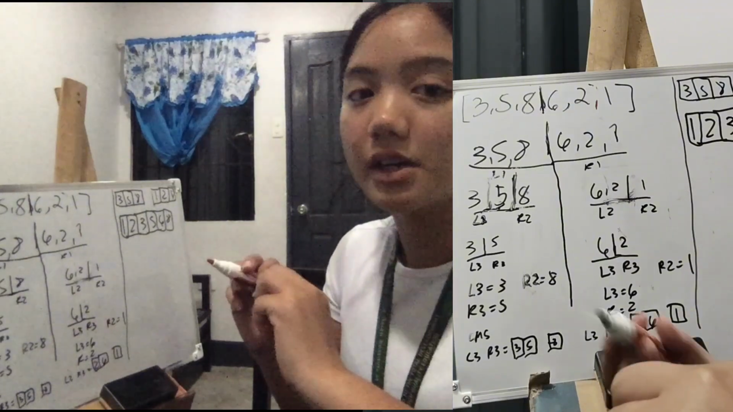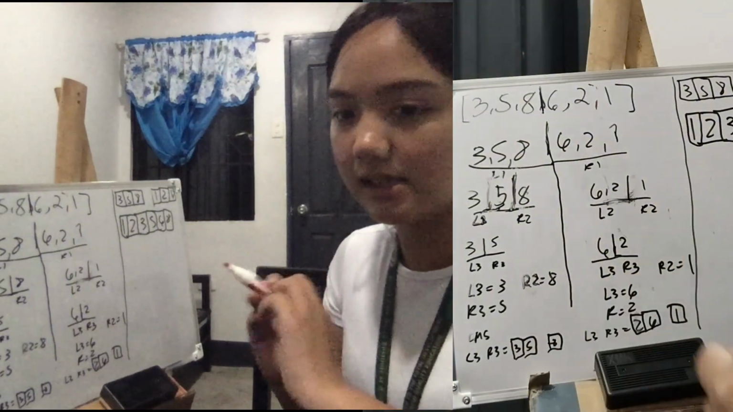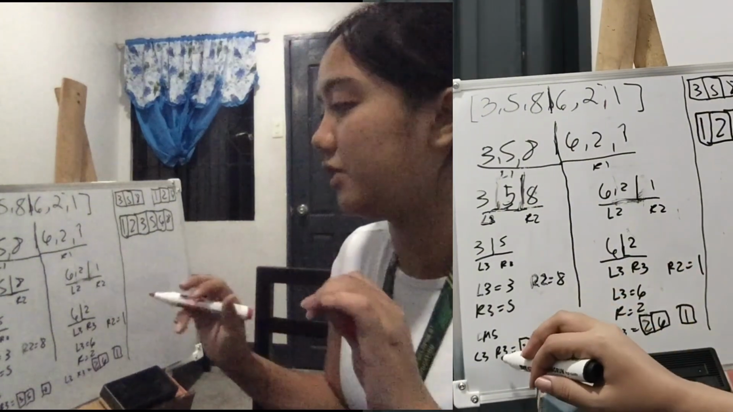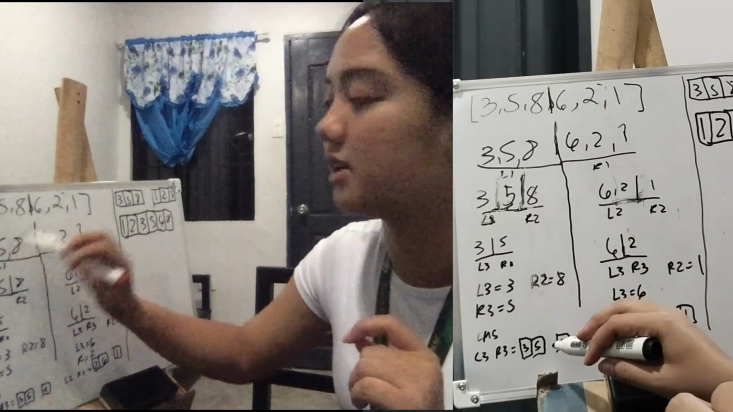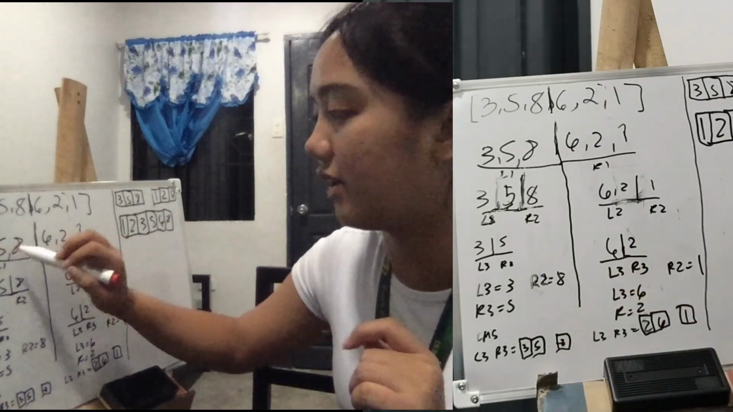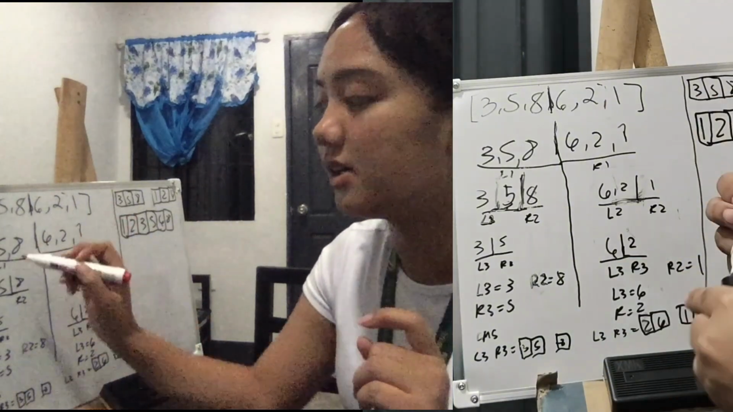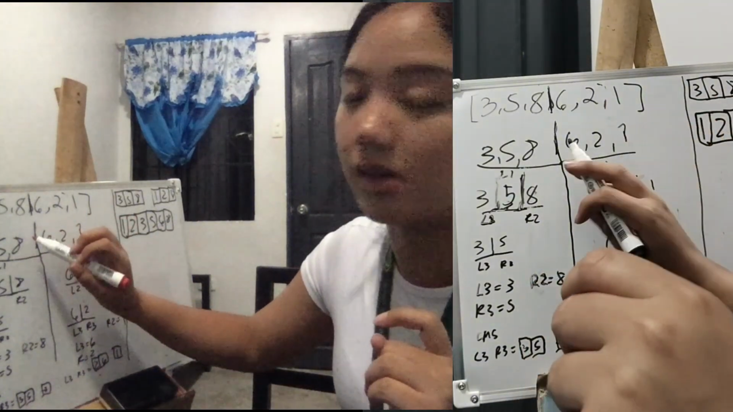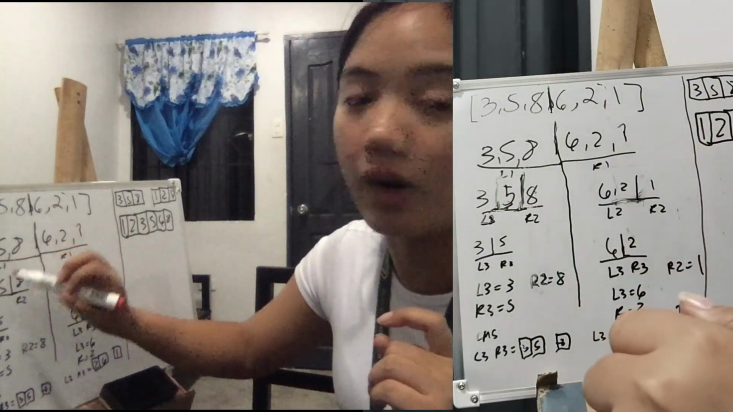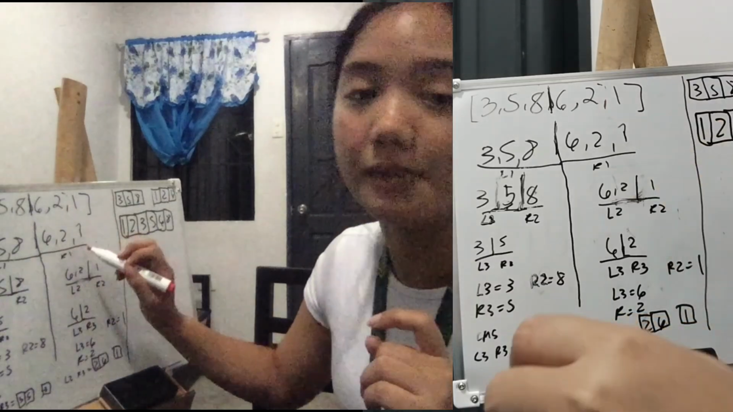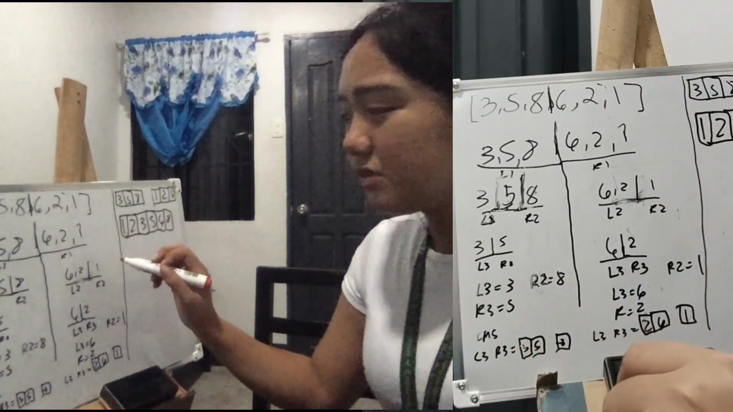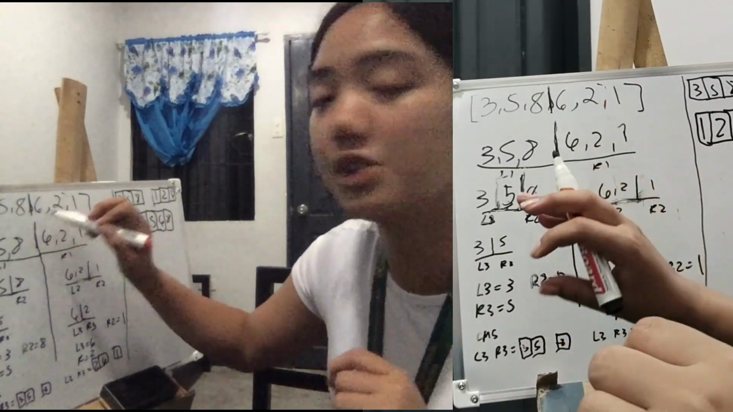So, i-split ta sila or ihiwala yon. Tas kanina 3, 5, 8, and 6 to 1. So, diri na 3, 5, 8 ang tawag is L1 or left 1. Ang diri naman is right 1. So, after natin sila ma-merge sa babaw,